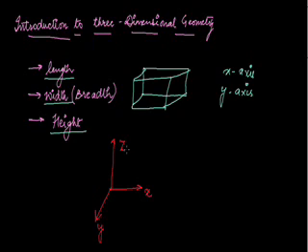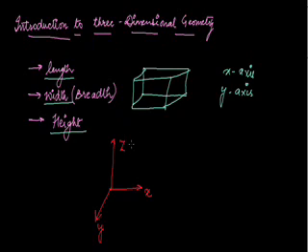Assume that you are sitting at a table: let your length be x-axis, your breadth, or I would say width, be y-axis, and if you put a scale or something perpendicular to the plane of your table, that will be z-axis. So your x-axis will be length, your y-axis will be breadth, and the axis which is going perpendicular to the plane is known as z-axis.